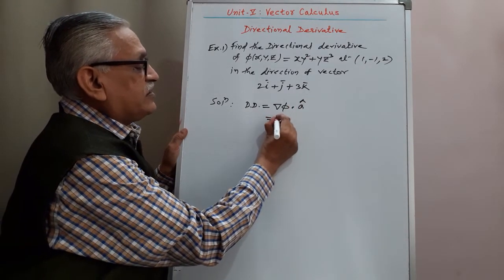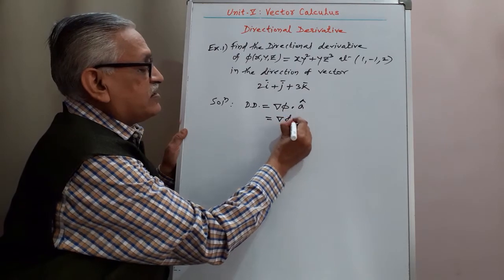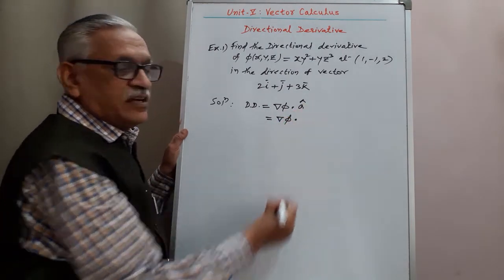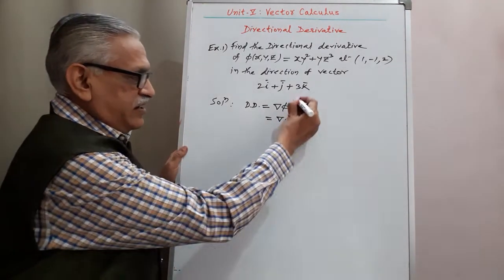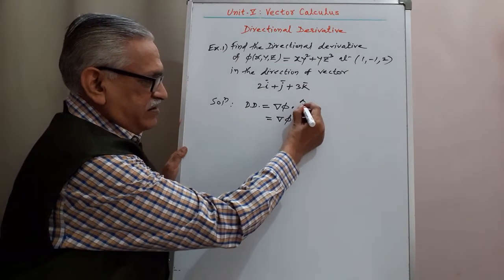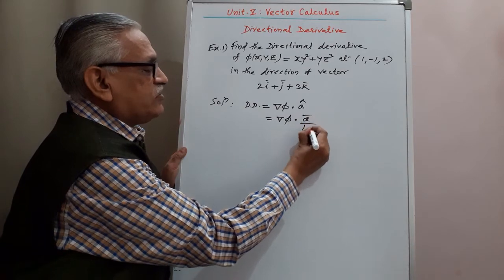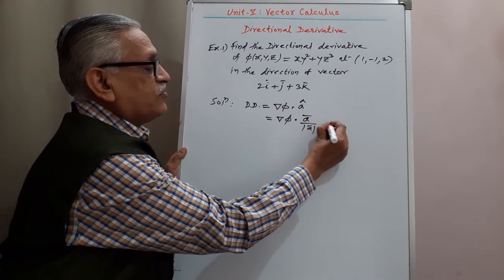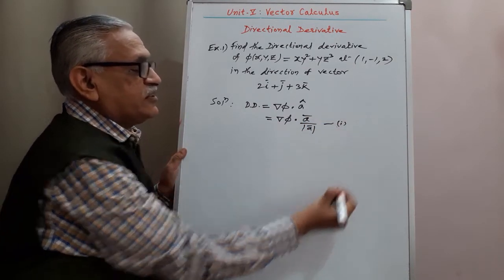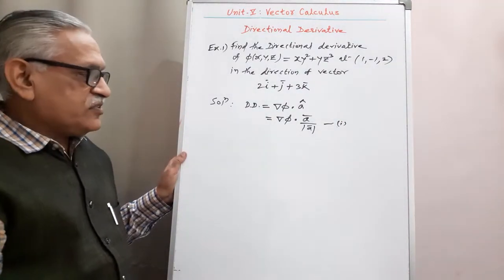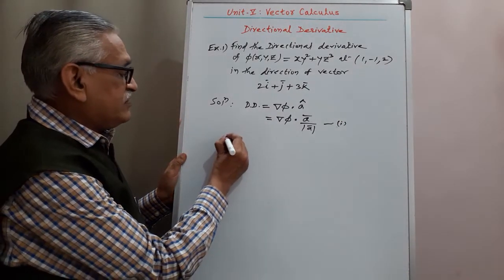This is nothing but grad phi dot unit vector, where a cap is given by that vector divided by its magnitude. By this formula we can obtain the directional derivative,